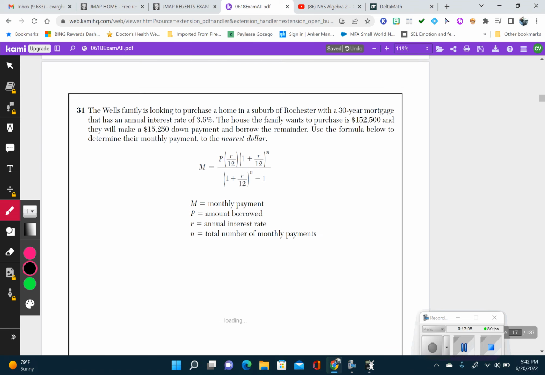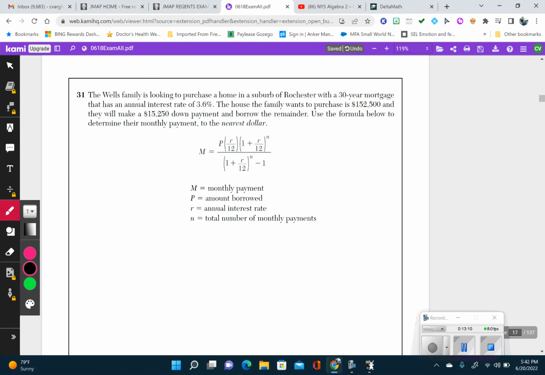Okay. So they're looking to purchase a home in Rochester. Who cares? 30 years is going to be important. Has an annual interest rate of 3.6 is going to be important. The house that they want to purchase is